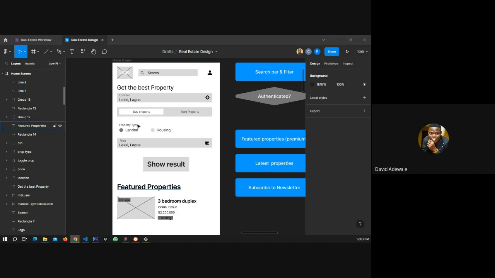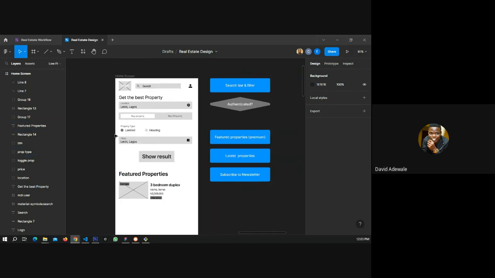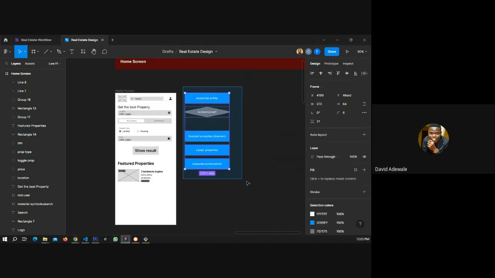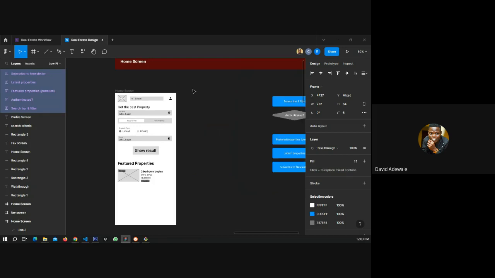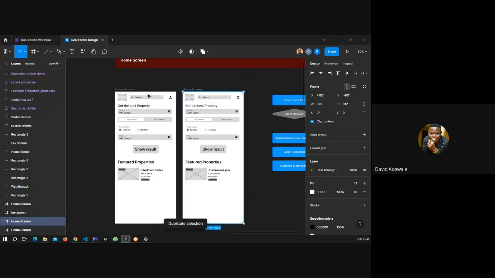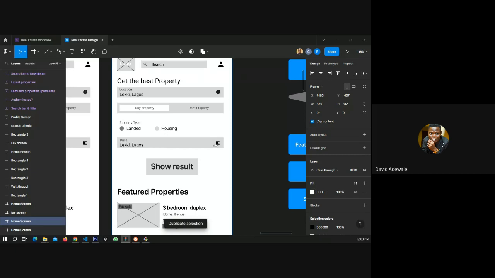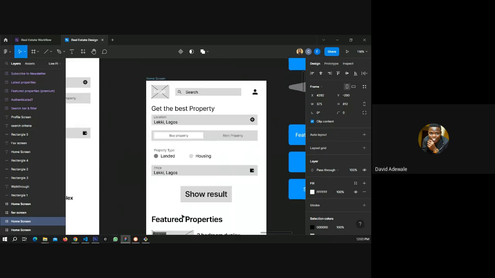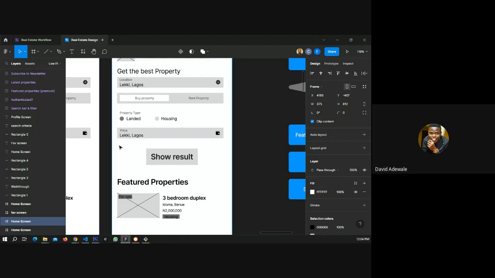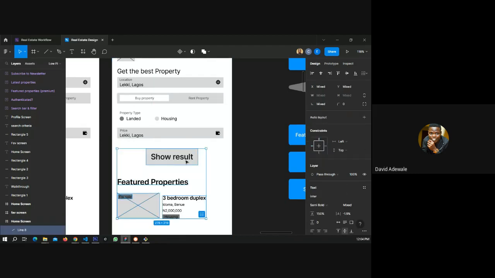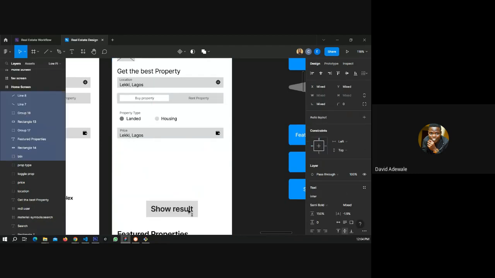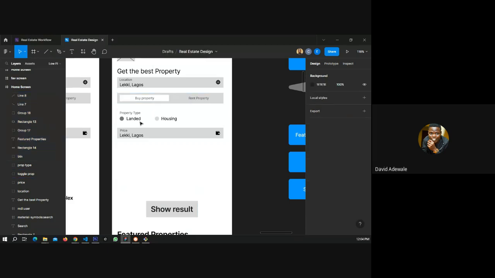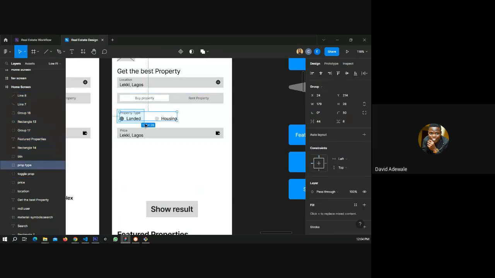Now let me just quickly do an example of what I'm talking about. Duplicate this, and then this is show result here. I can move all these guys down. I will leave this property type.